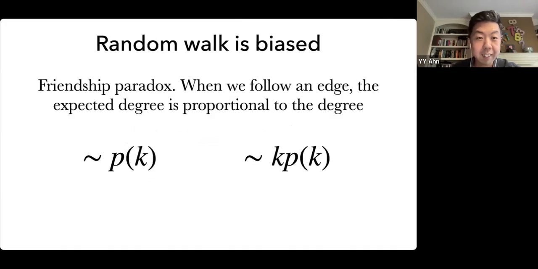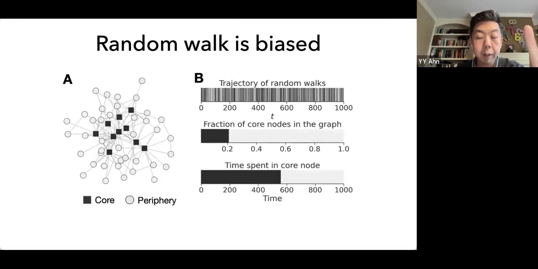Number 2 is about random walks and graph embedding. One of the really interesting pieces of knowledge from network science is that when you do a random walk, you tend to go to the hubs because hubs have many edges. You are more likely to pick one of them. So when you follow an edge, there is a bias toward the hubs. If you have a network with a core and periphery structure and you run a random walk, it tends to stay in the hubs way longer than the periphery.